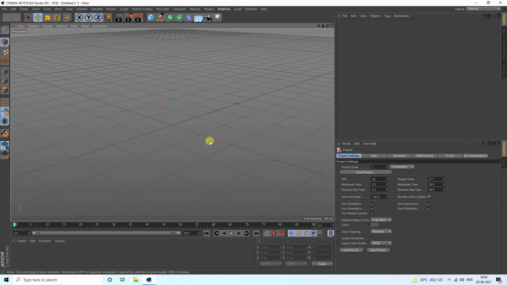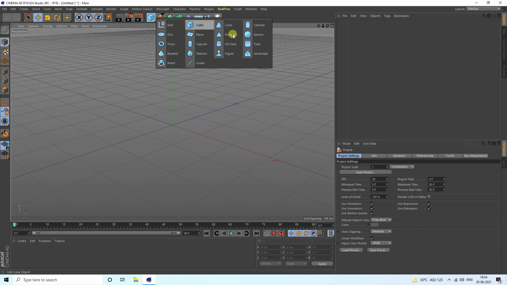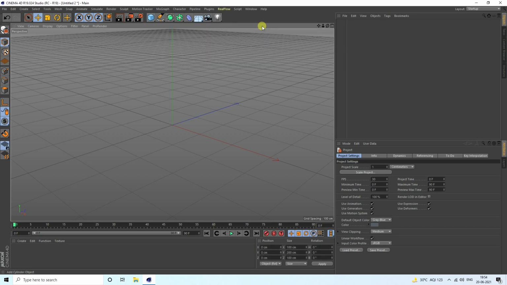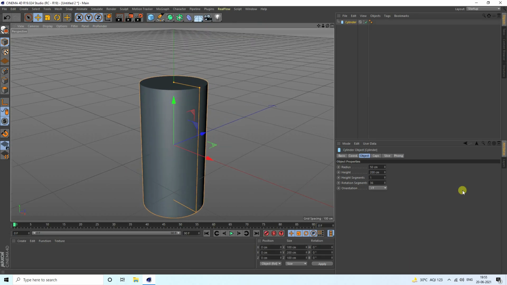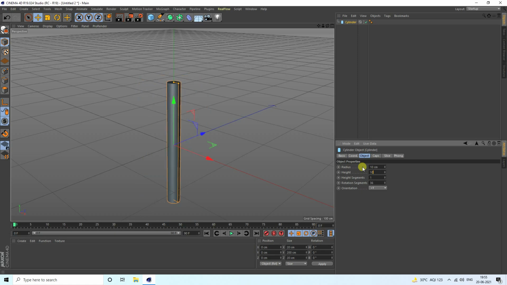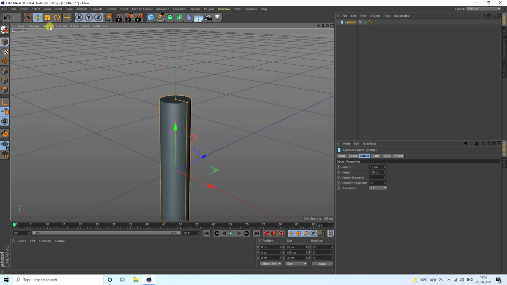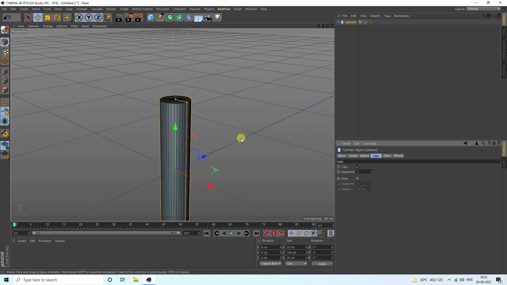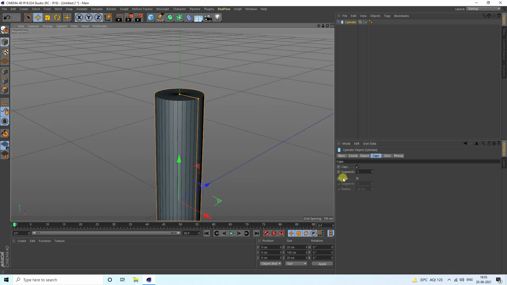So guys, today I'll create a really smooth melting animation using the RealFlow plugin. Firstly, I'm going to take an object like this, a cylinder, and change the cylinder radius. I like a radius of 10 centimeters and a height of 100. Now I go to display, select lines, go to caps and create smoothness. Fill it, check. This radius I like 2 centimeters.